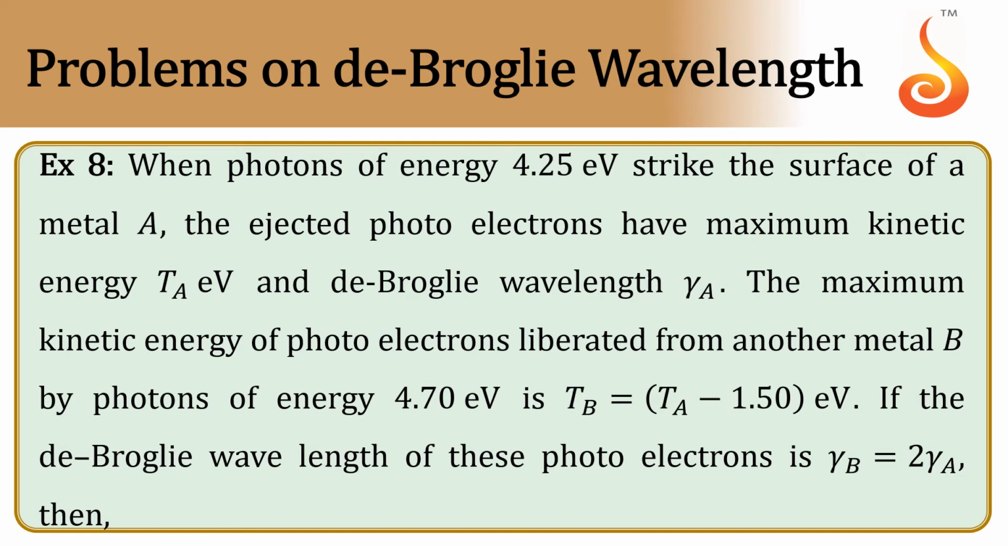Example 8. When photons of energy 4.25 electron volt strike the surface of metal A, the ejected photoelectrons have maximum kinetic energy Ta electron volt and de Broglie wavelength gamma A. The maximum kinetic energy of photoelectrons liberated from another metal B by photons of energy 4.70 electron volt is Tb, which is equal to Ta minus 1.50 electron volt. If the de Broglie wavelength of these photoelectrons is gamma B equal to 2 times gamma A, then